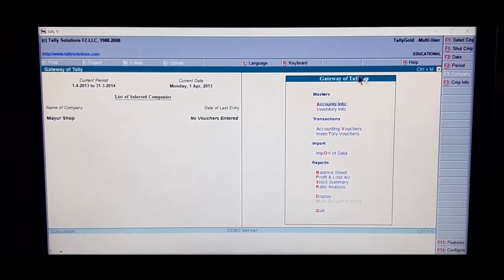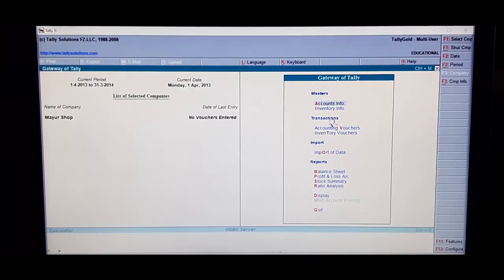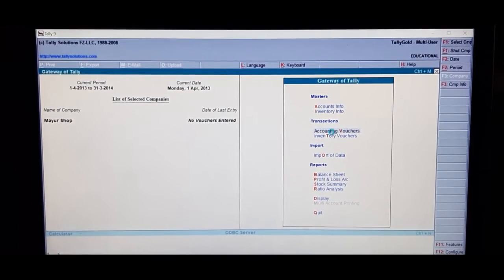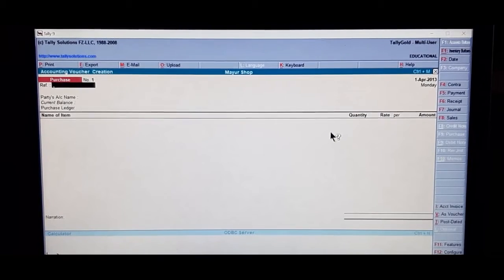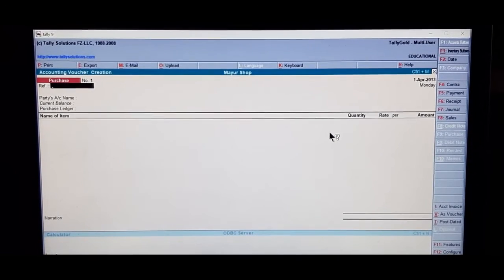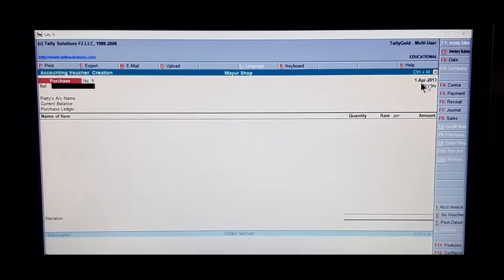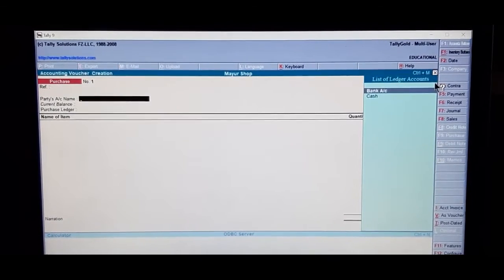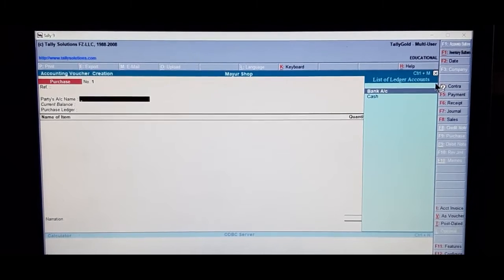From Gateway of Tally, Transactions, Accounting Vouchers, and this transaction has to be recorded under the purchase voucher, 1st of April 2013. Party's account name has to be created here.